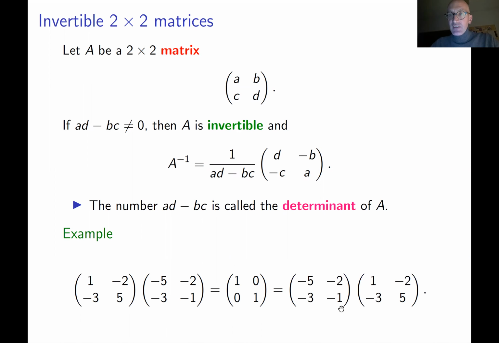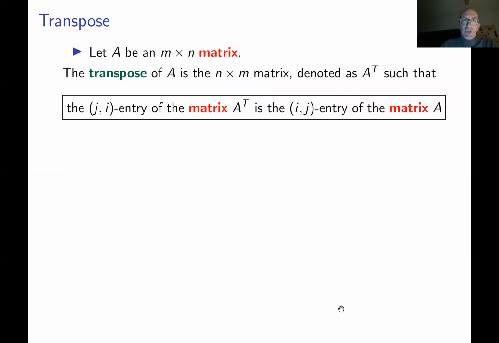Important observation, remark and warning. Multiplication of square matrices is not commutative. If you have two matrices A and B, both n times n, AB and BA are often not the same. Sometimes they may be the same. In this case, we say that the matrices commute, but quite often they are not the same. So be prepared for this.